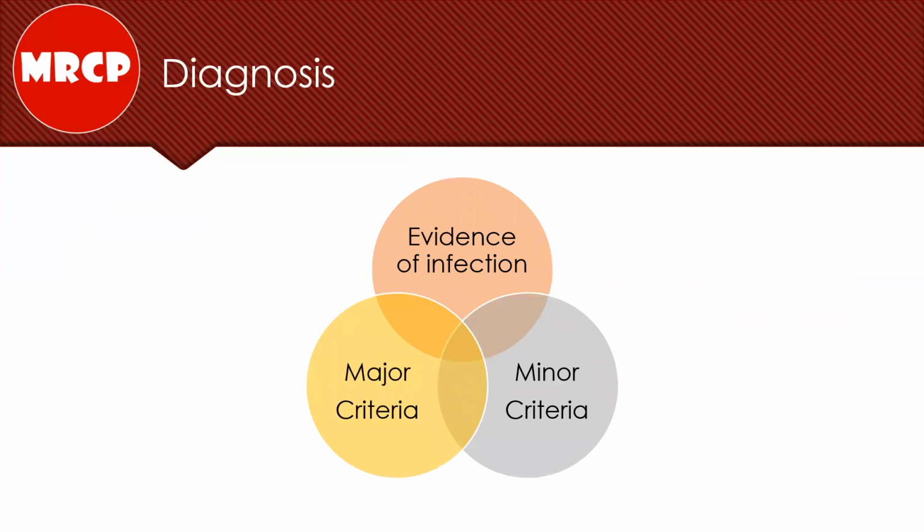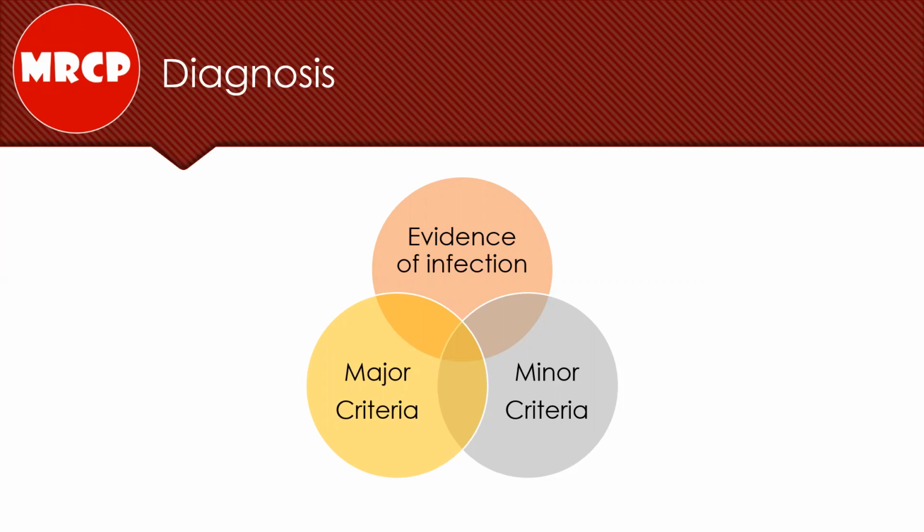To diagnose rheumatic fever, you have to have evidence of infection, major criteria, these are the Jones criteria, and the minor criteria. And you have to remember that all elements are required for diagnosis. I mean, basically, you should have evidence of infection, okay, because this is the lead towards diagnosing rheumatic fever. And secondly, you have either major criteria or minor criteria according to the interpretation of Jones criteria.